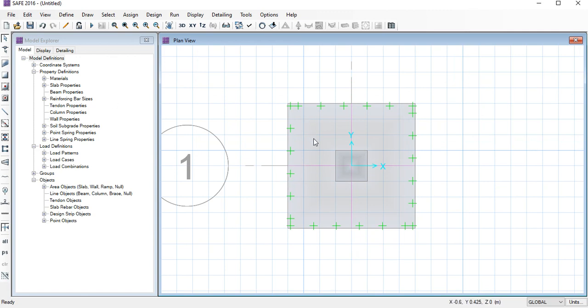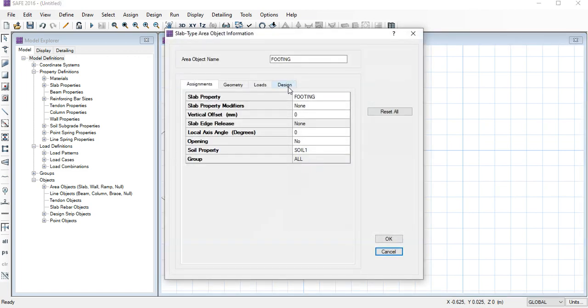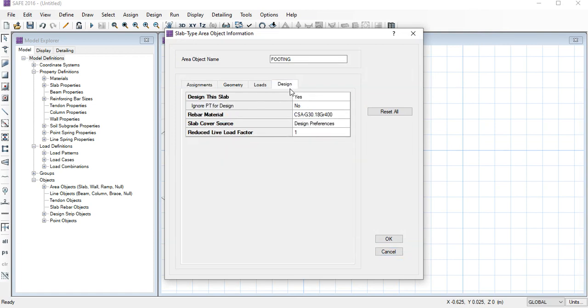The next step is that we need to define the steel bar. How I will do it: we need to right click on the design strip, and this option will show up. Here is one option, Design.